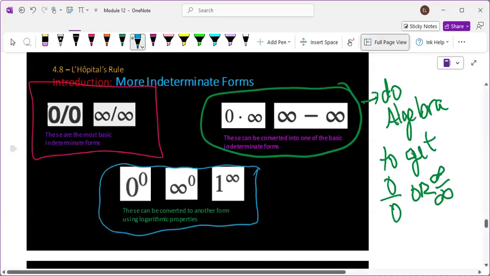These guys, though, to make them work, you end up using a log. And it gets a little weird, but basically, a lot of the things that I can do to both sides of an equation, I can do to the inside and the outside of a log. So we'll see some of those. We didn't put one of those on the test. They're good practice. It is good math knowledge to have, but it is kind of a weird fringe case.